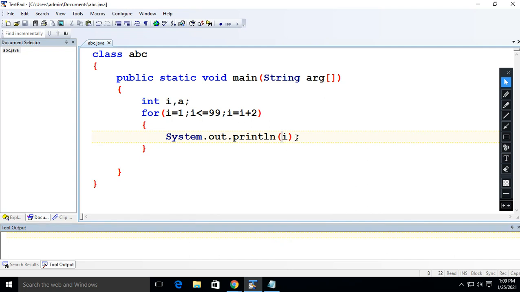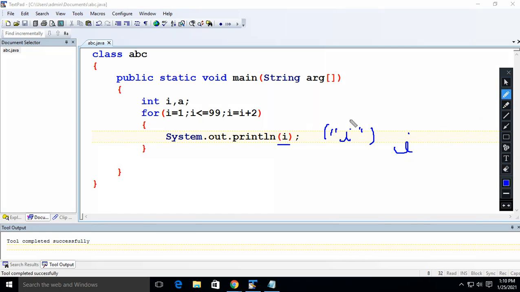For printing the natural number, we need to give this without double quotes. If you give it like this, it is wrong. In this case, you will get only I. For printing the value of I, you need to remove these curly braces. Am I clear? Yes, sir. So let me show you the output.